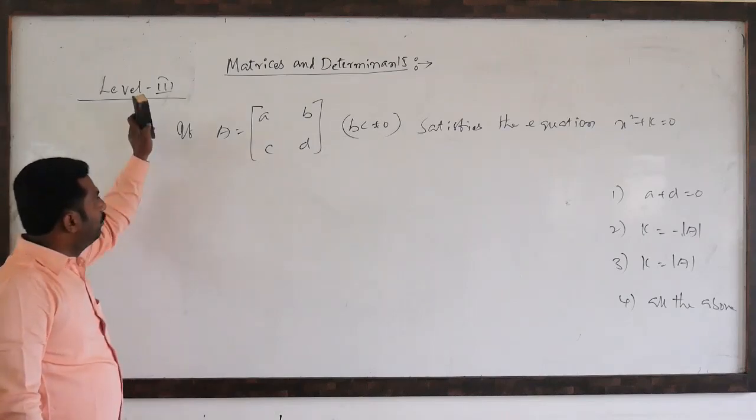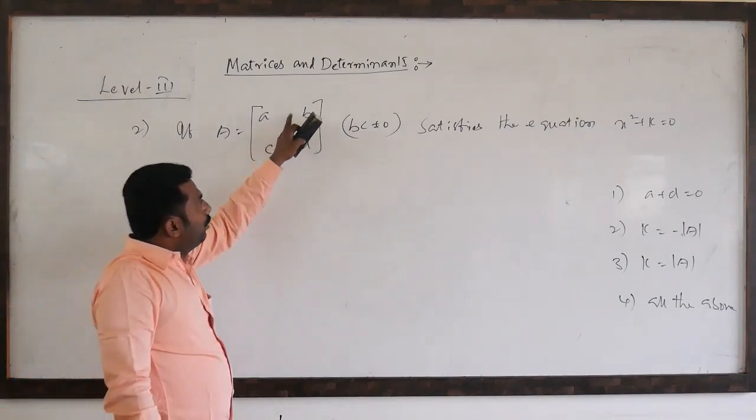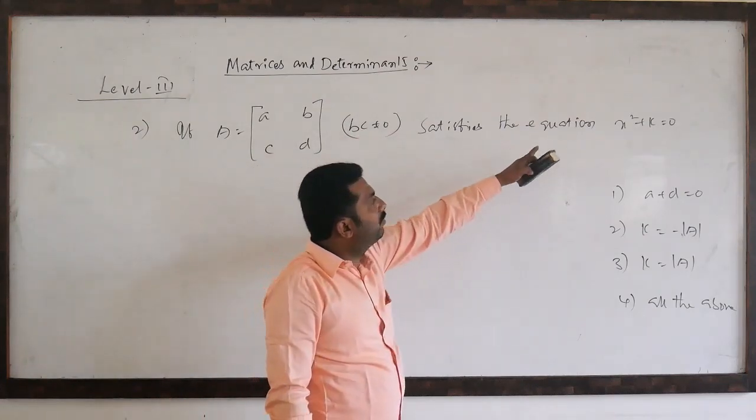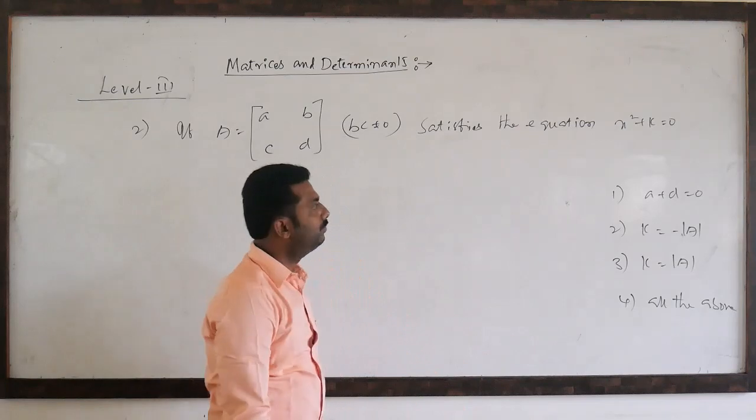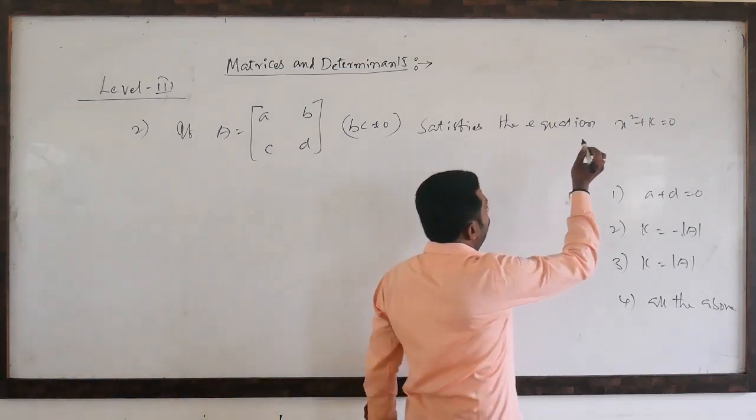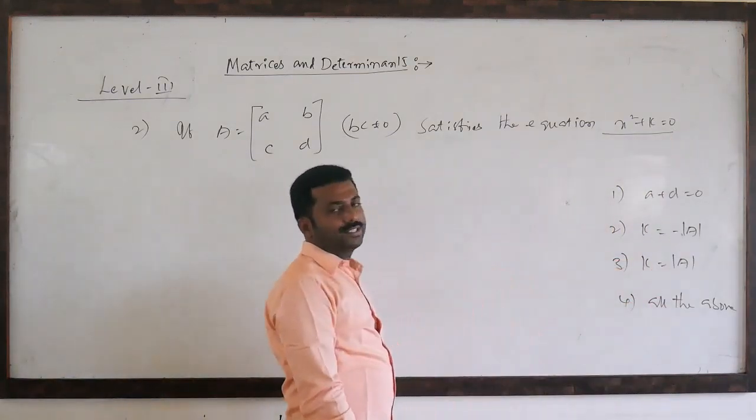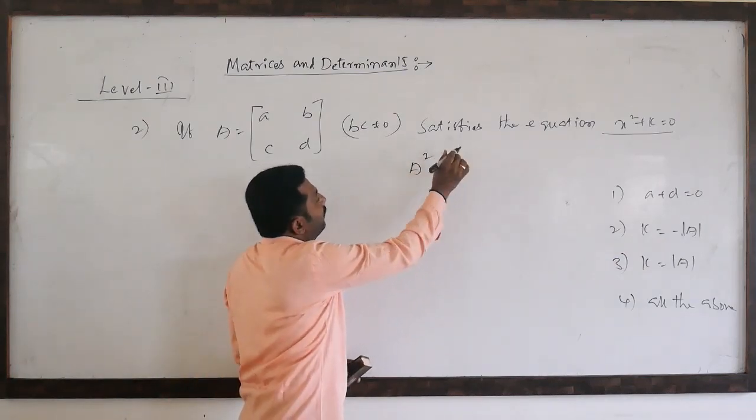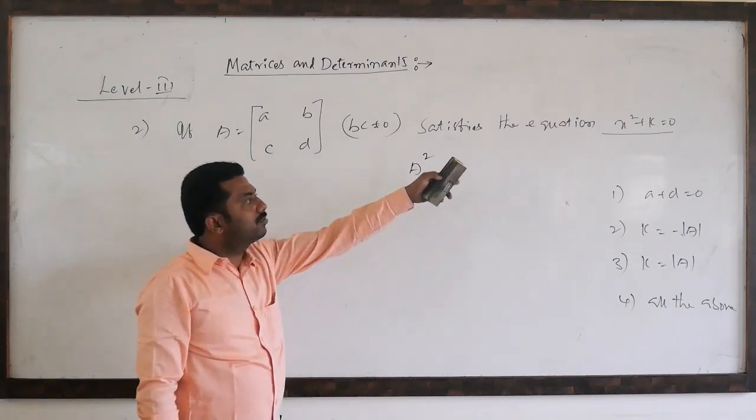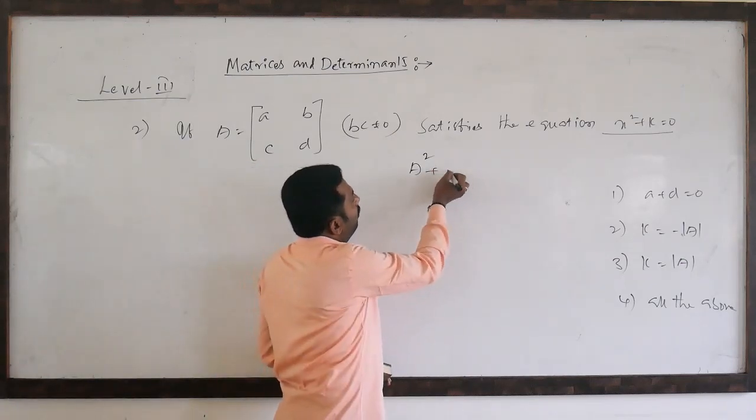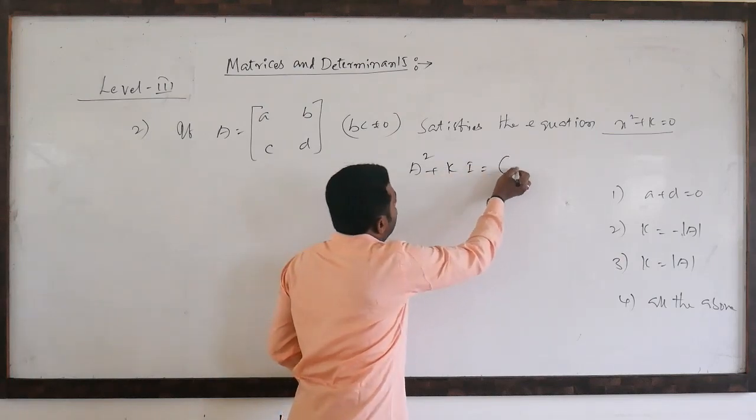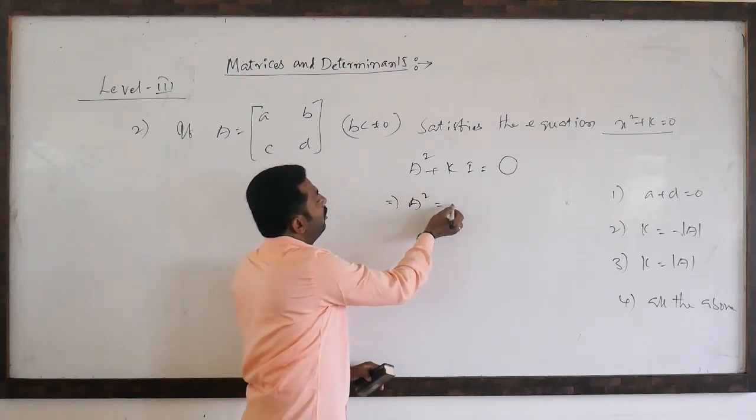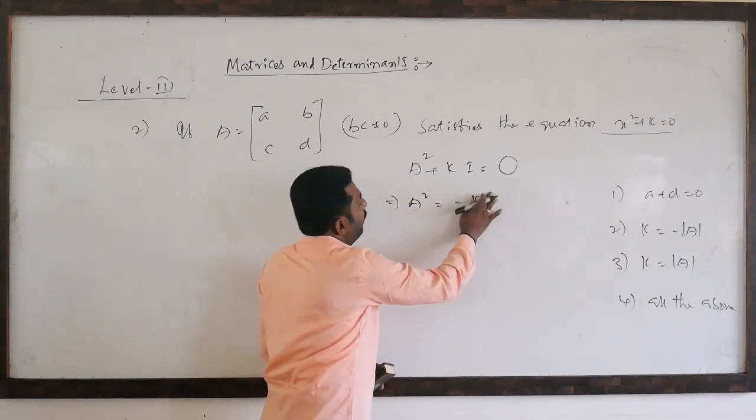Next question. If A is a square matrix [a, b; c, d] where bc cannot be 0, satisfying the equation x square plus k equal to 0. So according to Cayley-Hamilton theorem, every square matrix satisfies its characteristic equation: x square plus k into identity matrix equal to null matrix. So from this, A square equal to minus k